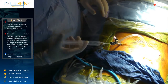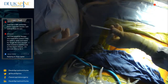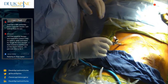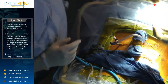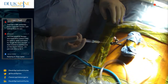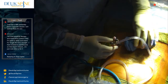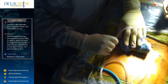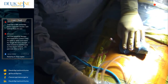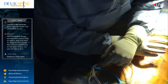So we used to use, a long time ago, with our irrigation, bacitracin. It was an antibiotic we put in the irrigation. And then stupidity occurred among medical professionals. The FDA warned that intramuscular injections of bacitracin were neurotoxic, which nobody ever really did intramuscularly, but some stupid people. I don't know why they ever chose to do that. But anyway, it ruined it for everybody because bacitracin was inexpensive, dirt cheap, and very effective at killing